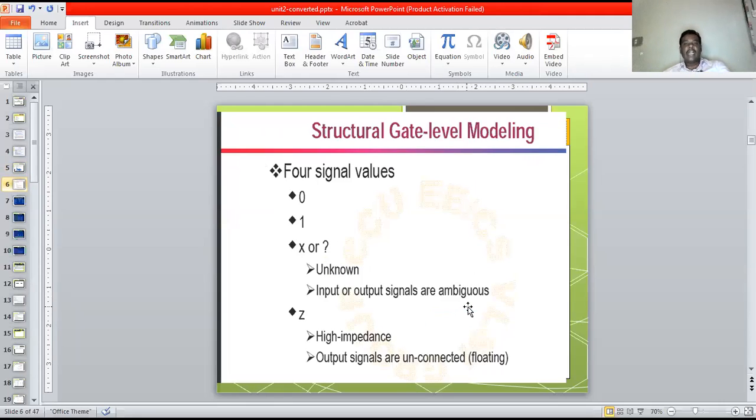Okay, students, now let us discuss why. In the case of our primitive gates, we should compulsorily generate the truth tables of the circuit. These different inputs should be applied to the primitive gates so that we can estimate the response of the circuit. All those responses can be computed in the case of gate level modeling here. That's why I'm talking about all these values. Students, make this point: these are very essential in gate level modeling to develop the truth tables of the primitive gates here.